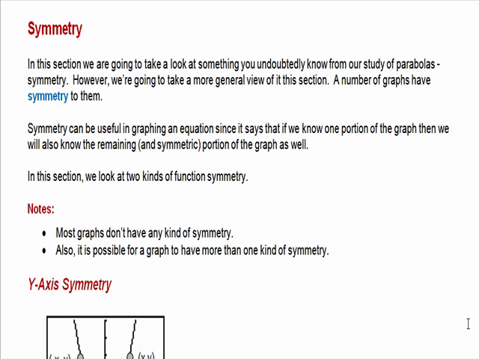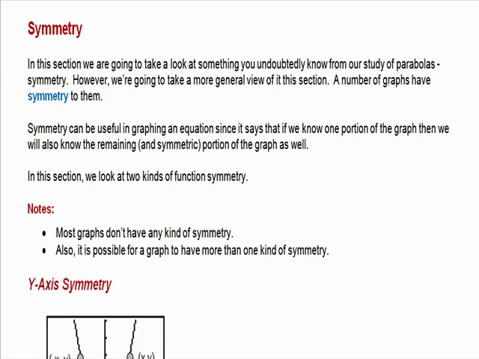Symmetry could be useful in graphing an equation, since it really says to us that if we know what one portion of the graph looks like, then we could actually graph the remaining portion of it as well. So in this section, we're going to look at two kinds of symmetry. We're going to be looking at what we would call y-axis symmetry, and we're going to be looking at symmetry